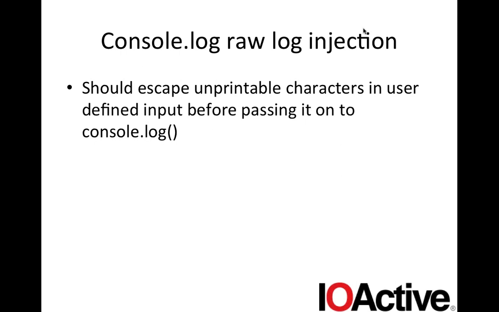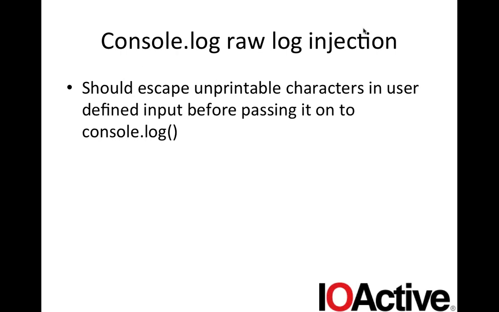So the next thing I sort of noticed was that console.log is an API that basically sends data to a log file. It doesn't really do any character filtering, so if it takes data that comes from an untrusted user, there's a possibility of raw log injection. In and of itself, it's not necessarily a bad idea. It's not a bug on its own, but if you combine it with the fact that administrators tend to use tools to view log files, and the idea is that they assume it's trusted content. And if it's not filtered, there are certain attacks that are potentially possible, right?